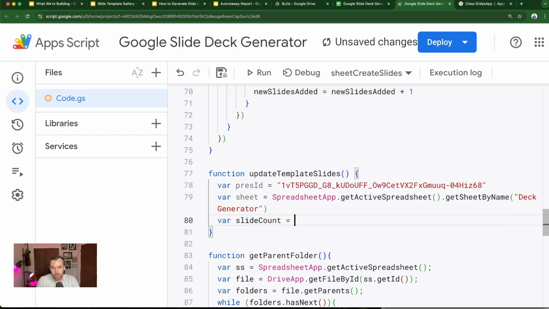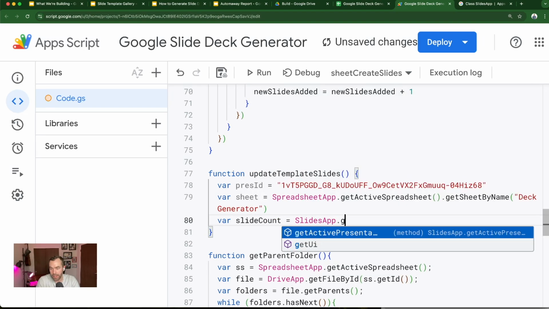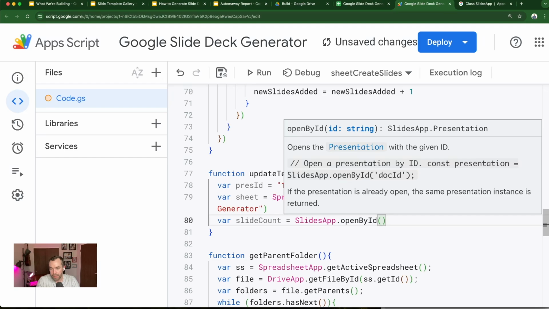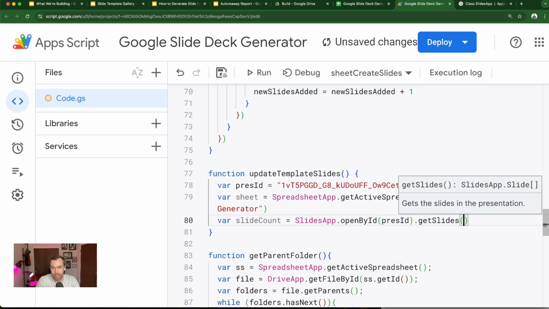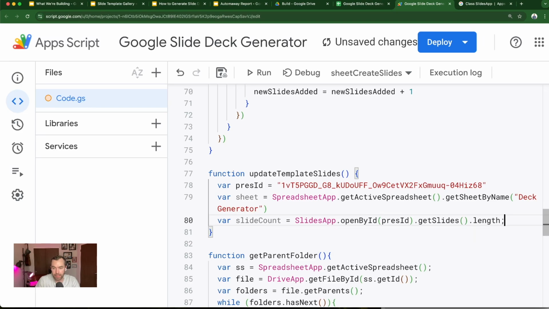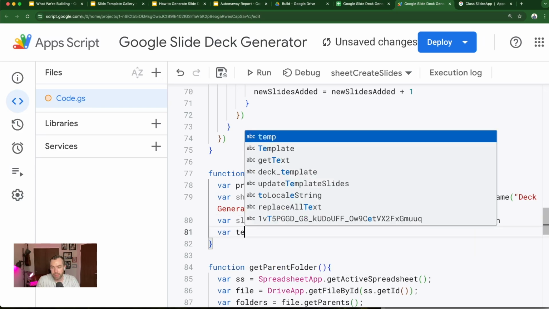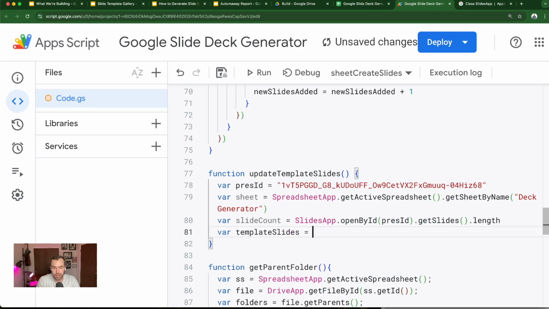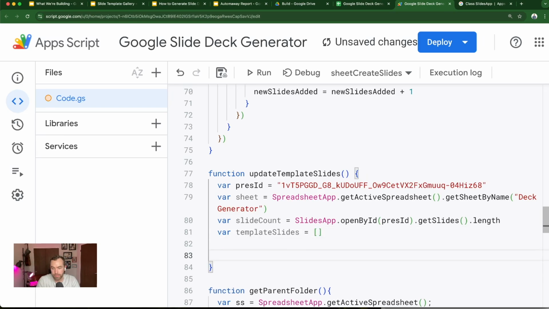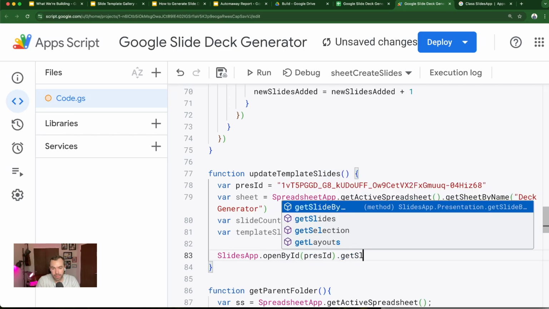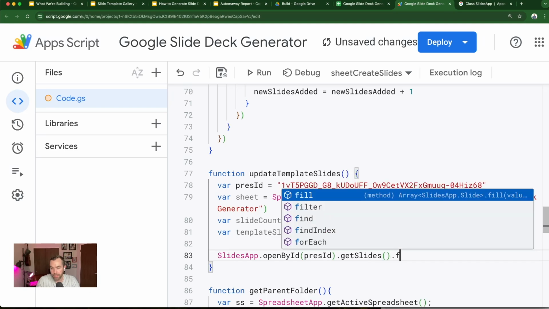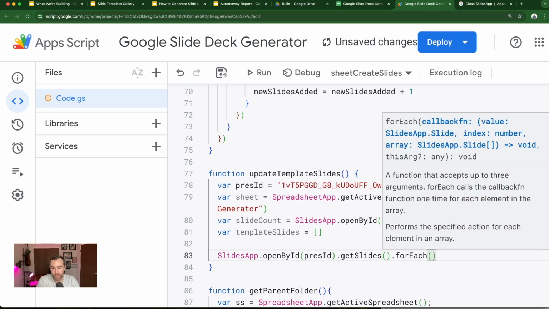Slide count is equal to slides app dot open by ID. We're going to get the presentation ID, get the slides, and take the length. And then we're going to create an empty array and use the slides app again to open by ID, pres ID, get slides. For each of those,